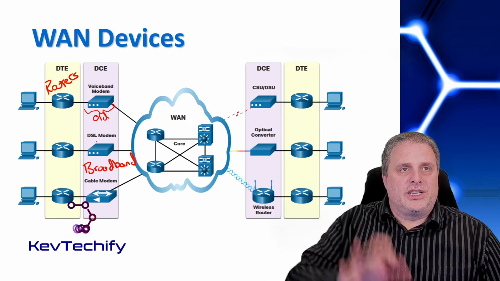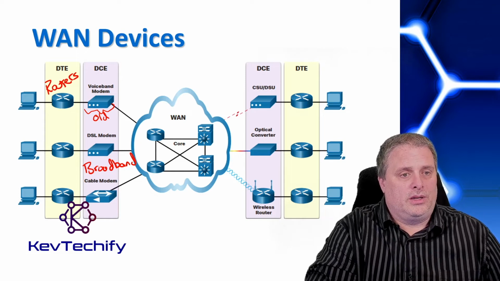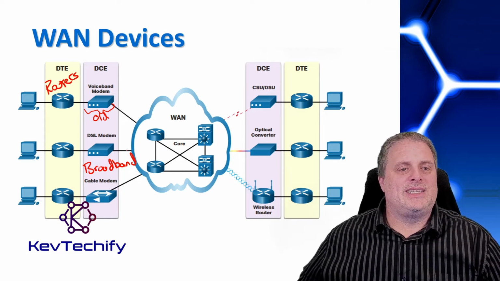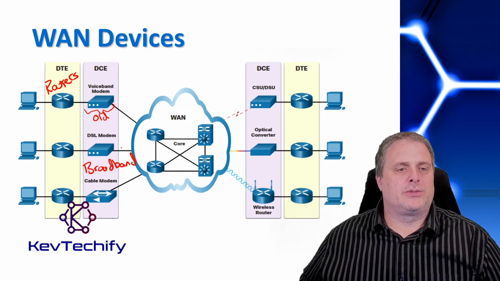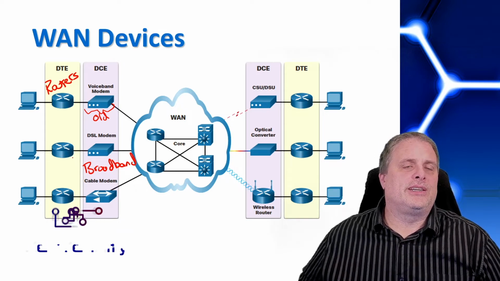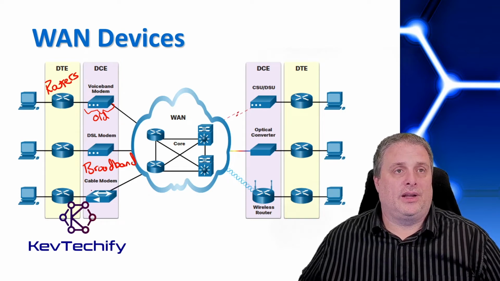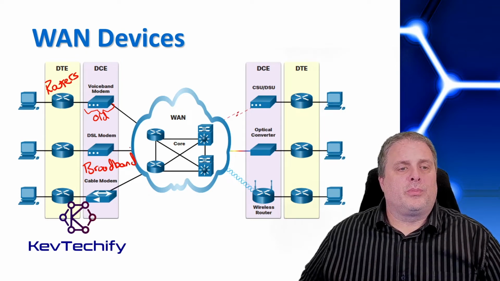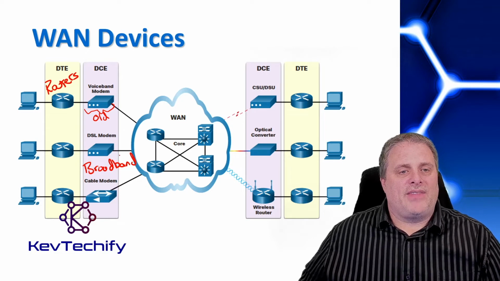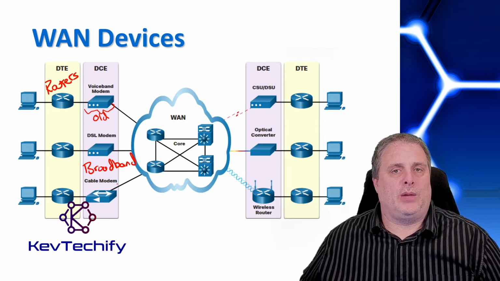And they're digital. They connect to your data terminal equipment. They change this DSL signal, this digital subscriber line, this digital signal, once again, into a signal you can use on your company. Copper Ethernet, fiber Ethernet. And they're provided by your provider. They have that connection into their networks. And so we have the DSL modem and the cable modem.